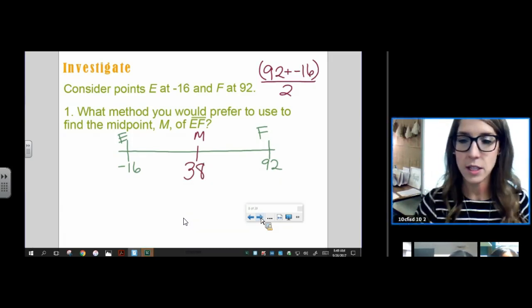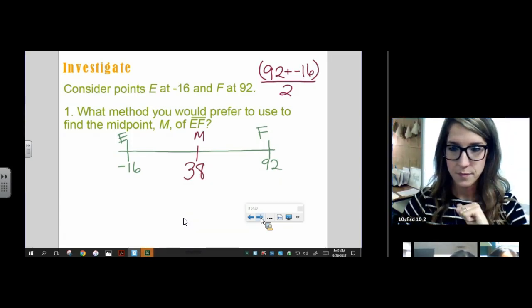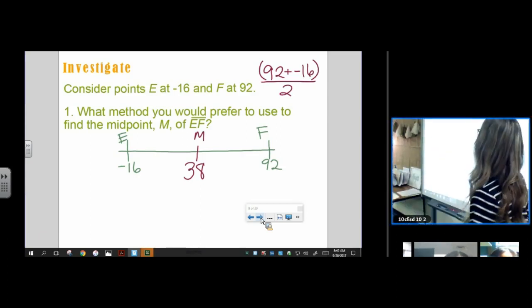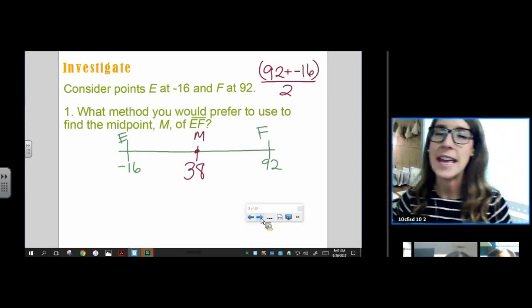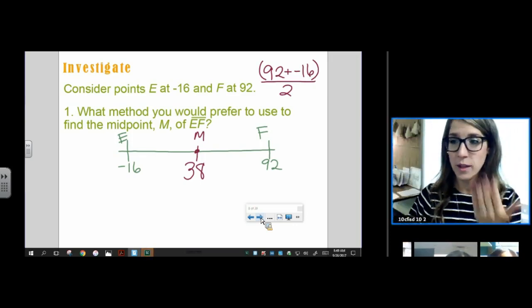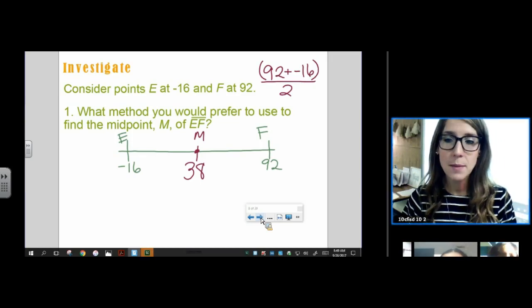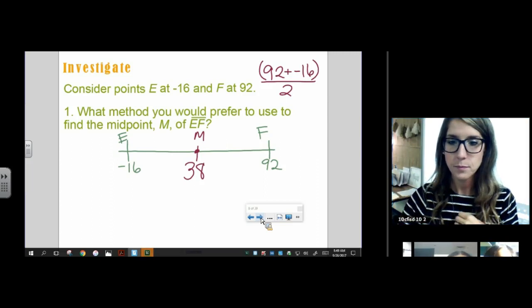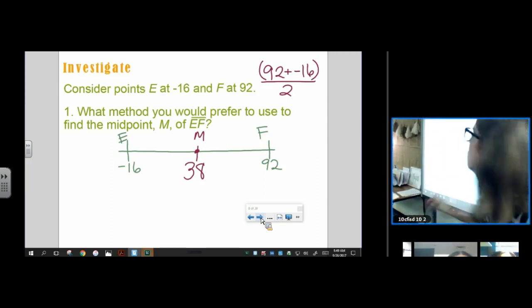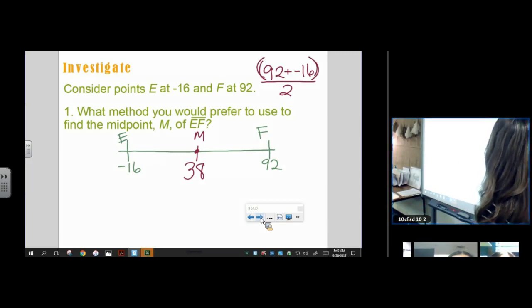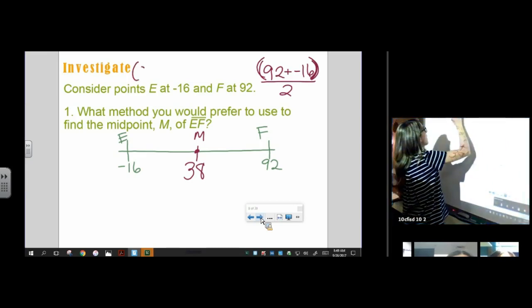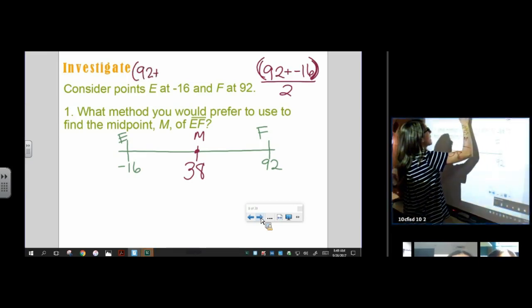we get the middle as 38, right? Yes, that's an important thing that someone brought up. A segment will have one and only one midpoint. And when we find midpoints, it's always between 2 points, not between more than 2 points. If you got a different number, then you maybe did not put parentheses around this when you put it into your calculator. You need to make sure that you do 92 plus negative 16, close parentheses, divided by 2